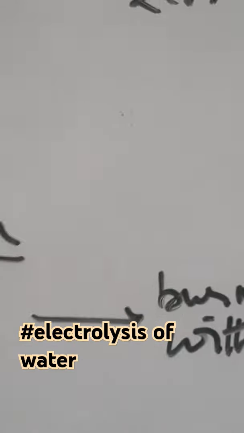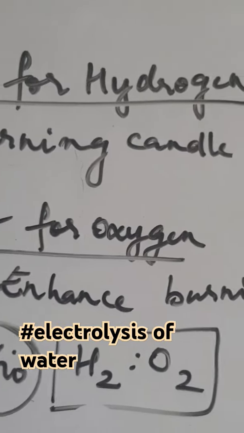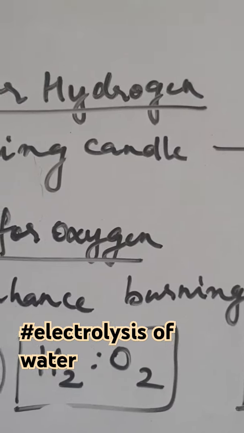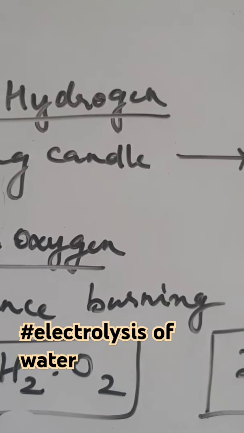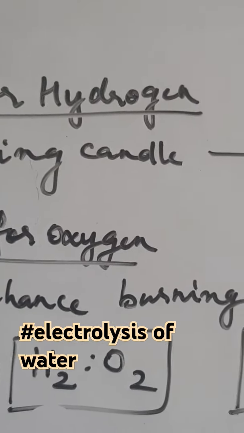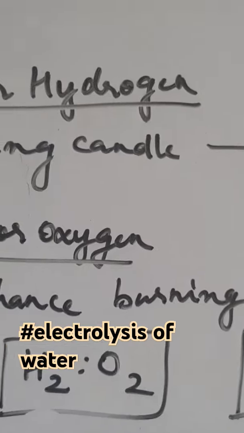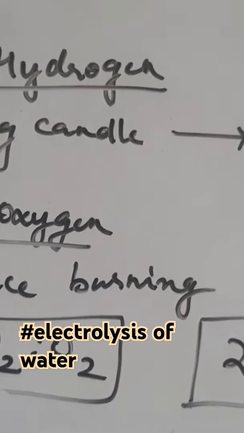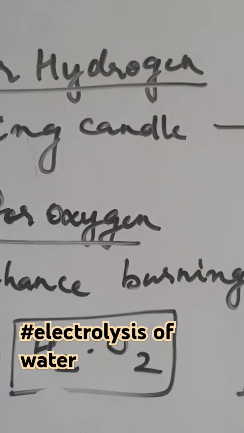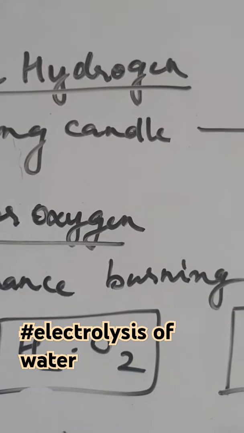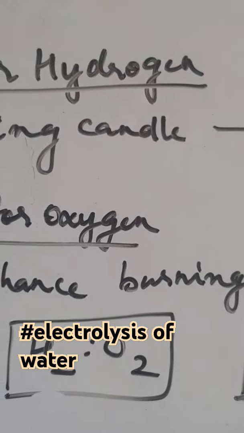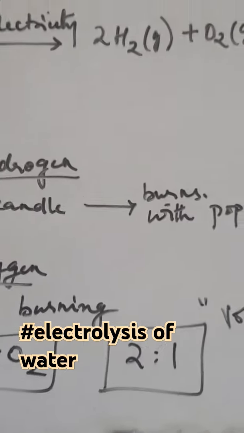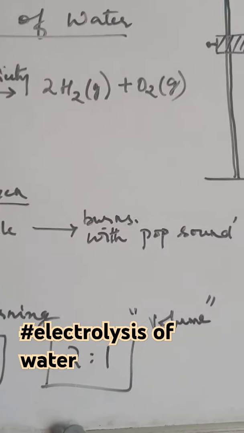Now here I have written a ratio, that is the ratio of hydrogen and oxygen that is being collected over here. The volume ratio of hydrogen and oxygen will be 2:1. So you have to be very careful while reading the question. Sometimes they may give the ratio of oxygen to hydrogen. Here I've written the hydrogen to oxygen ratio is 2:1. So be careful when you read the question, whatever they have given. If the question is the ratio of hydrogen to